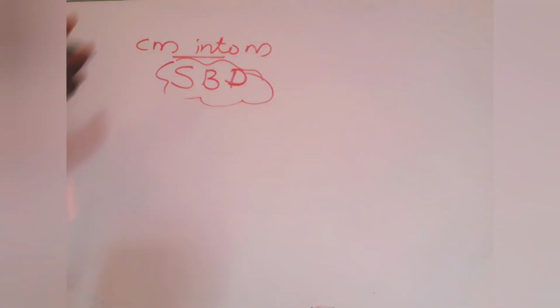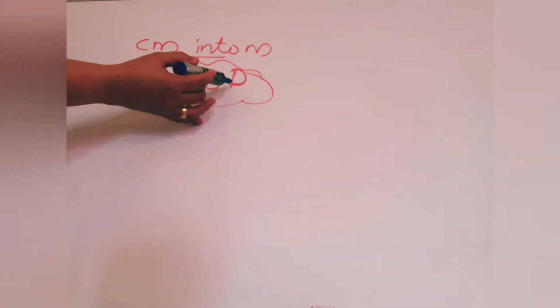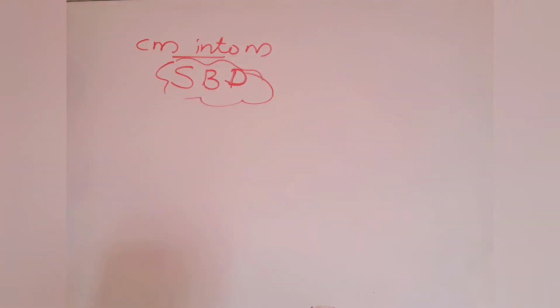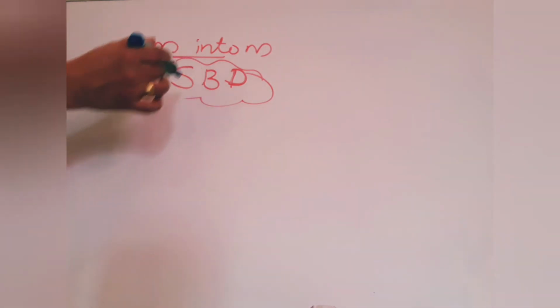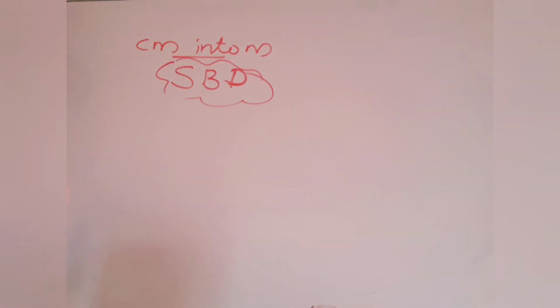Next is centimeter into meter. When we convert small unit to big unit we have to divide. So you should remember SBD. Before what we remembered? Meter into centimeter, big unit to small unit, so BSM. Now SBD, small to big divide. Small unit to big unit divide. Here smaller unit is centimeter, so we should divide. Divide by what? We should do division by 100 because 1 meter is 100 centimeter.